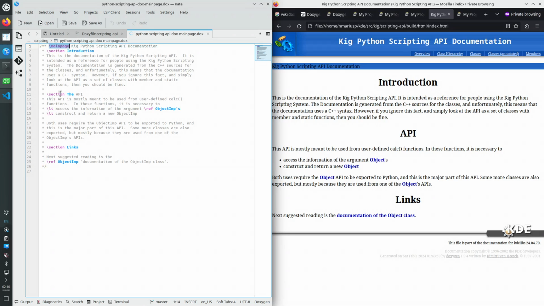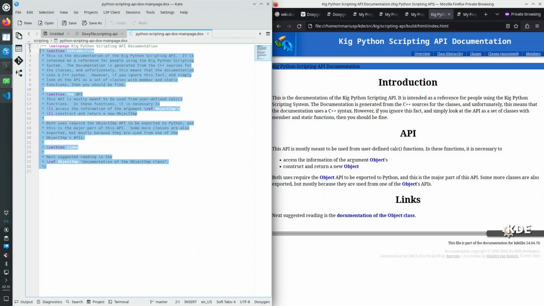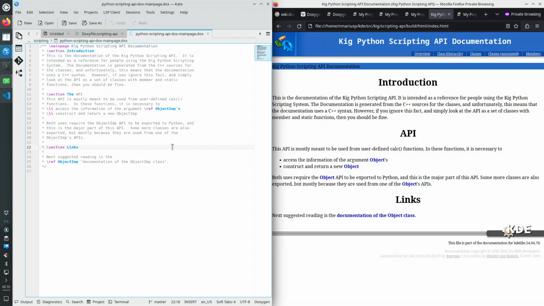It uses Doxygen commands. It's just one Doxygen command, and it's being used in order to feed this